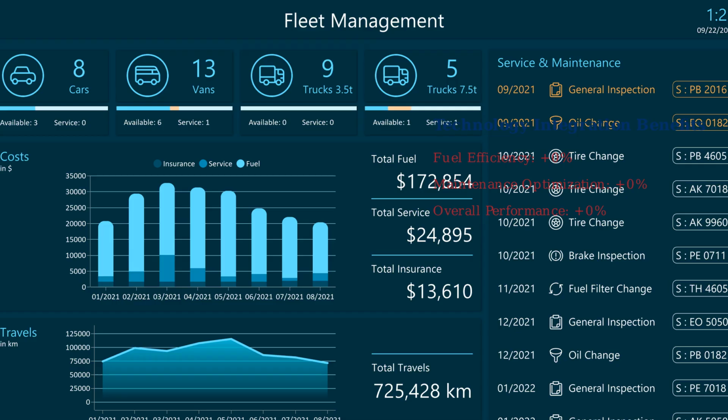The quantifiable benefits of this technology integration are significant. Fleet operators report fuel efficiency improvements of up to 15%, maintenance optimization gains of 25%, and overall performance increases of 18%. The integration of 8HP series transmissions with new technologies represents a fundamental shift in automotive engineering. These smart transmissions don't just shift gears, they actively participate in optimizing vehicle performance, reducing costs, and improving safety across